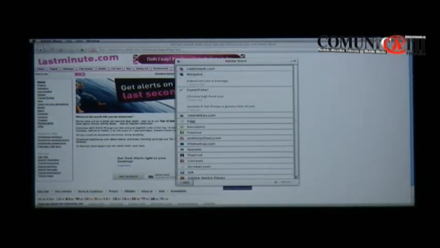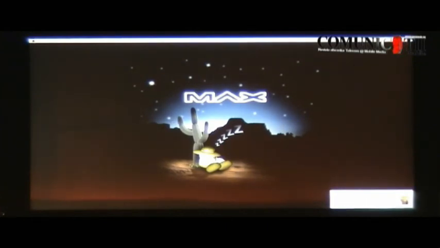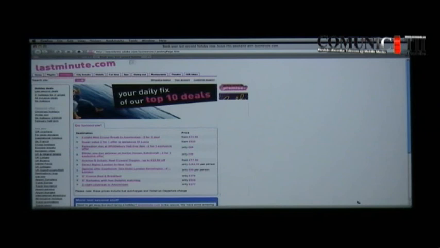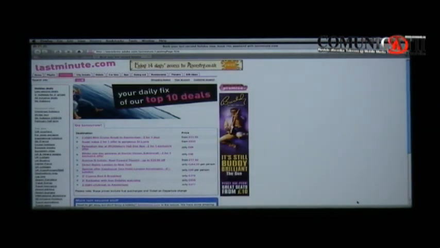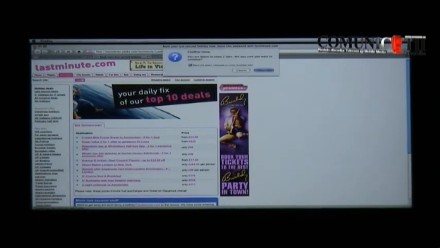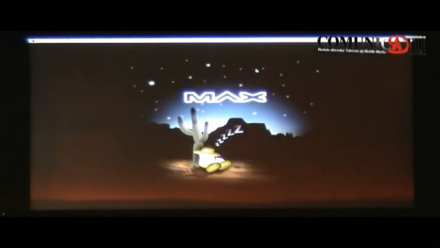And it brings it up, and you'll notice that lastminute has now been added as one of the services that I'm hooked up with. So what I can do is I can close this, and I'll close the browser. And if a deal comes through, I should get notified. And you can see that I did. And this time, instead of clicking on Open Adobe Wave, I'm just going to click on lastminute, which then brings me into the browser to their new deal page. So that's Adobe Wave.